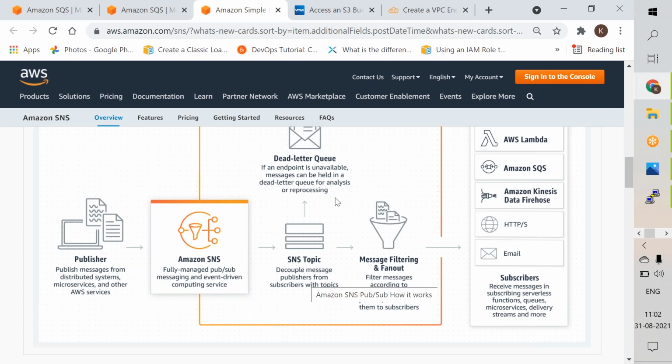So here we have two different options: dead letter queue, and at the same time message filtering and fan out. What is this filtering? It is nothing but you want to filter only a few kinds of notifications to email. All notifications need not be triggered. So if I want to write filtering rules with some specific conditions, you can go ahead and apply those policies. And what is a dead letter queue? If suppose your endpoint is not available due to some